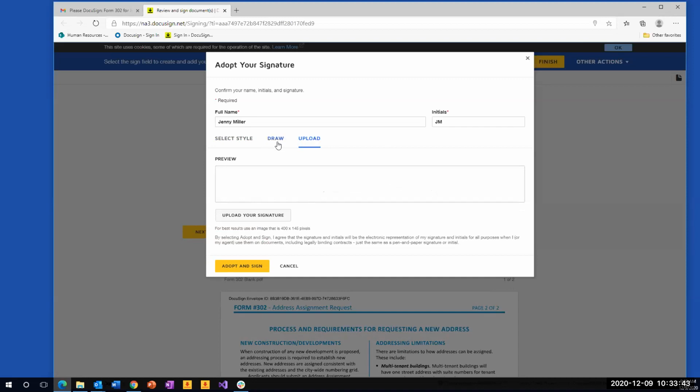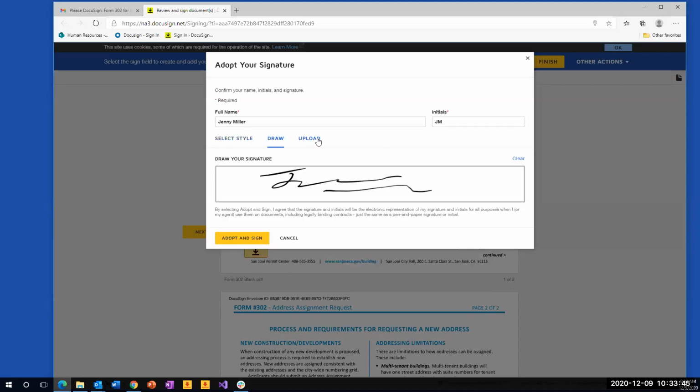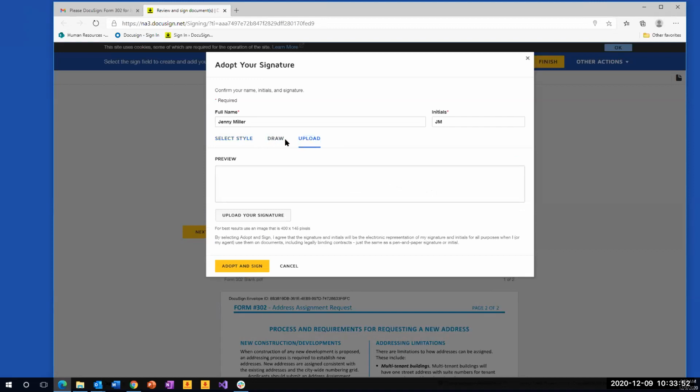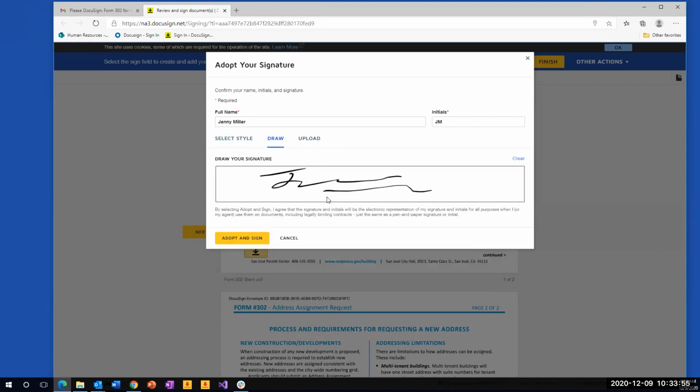Now, this is where I also want you to be aware that these 3 methods can be turned on or off by you depending on your choice. I have some customers who turn off both the select style and the upload, and they only present the draw method. They do this because they know that they are going to be dealing with less technically savvy recipients of their envelopes. And if they offer 3 methods, there's a chance that they may get overwhelmed, right? So to prevent them from calling the district and asking, all right, what are these 3 choices? Which one should I pick? They just default to draw only, and that way they just scribble and sign their signature on it.